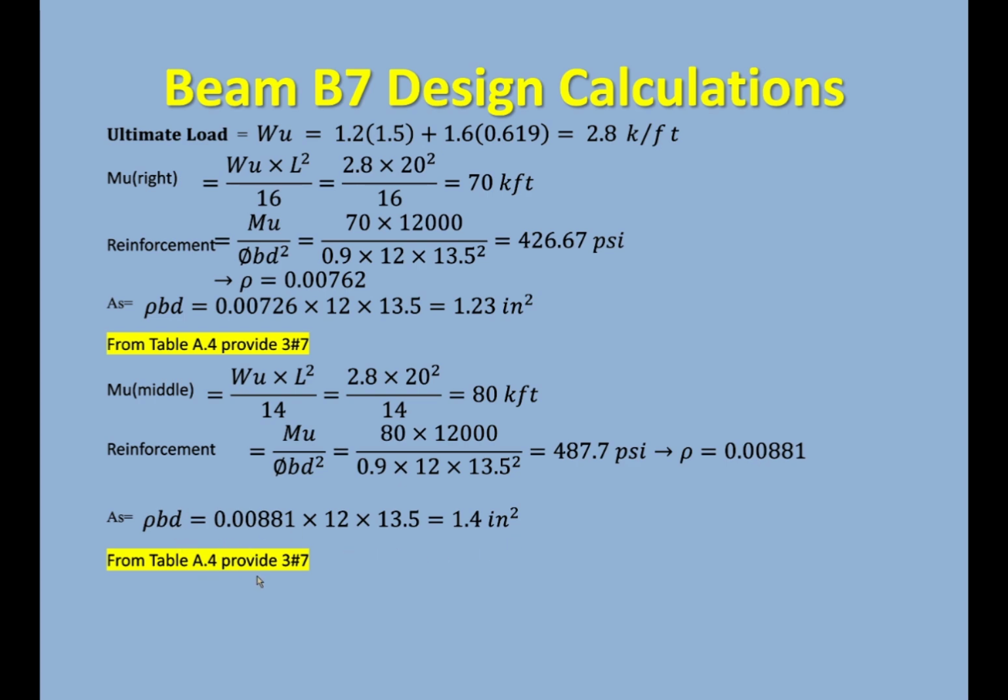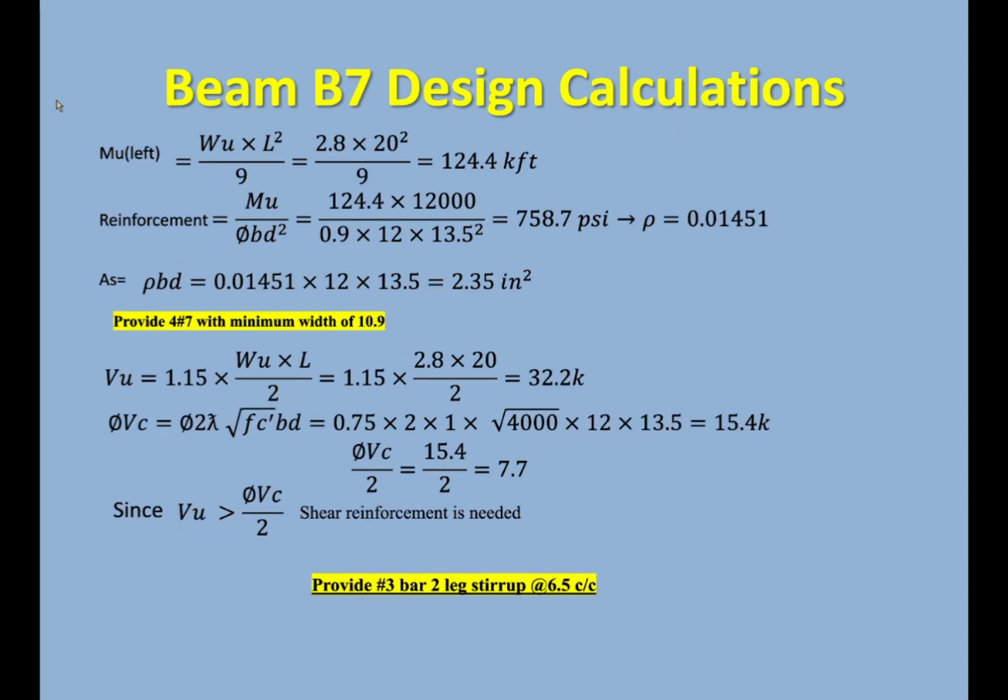And we chose 3 bars number 7 as well. And then we calculated for the last one, sorry, which is the moment of the left section of the beam, and we got that to be 124.4 kips per foot. And then we calculated for the reinforcement,